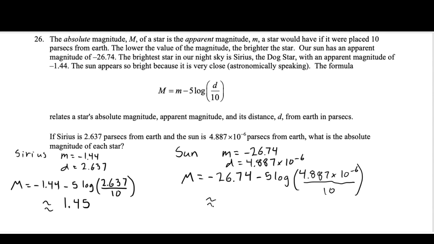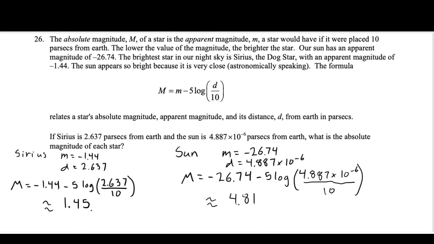And evaluating that on your calculator, you get about 4.81. So if Sirius and the sun were a fixed distance from us, a distance of exactly 10 parsecs,